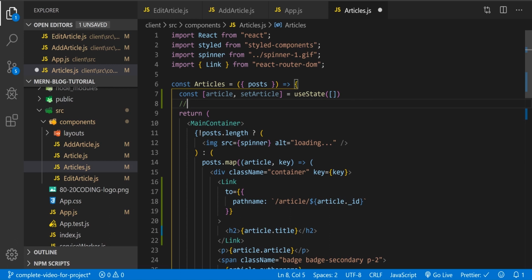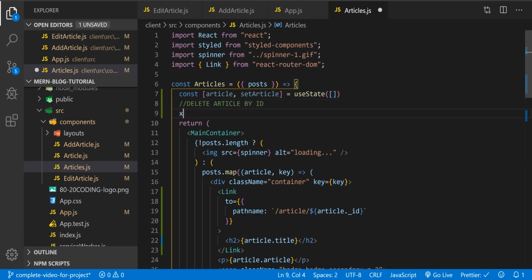I'm gonna say delete article by ID. Okay, and const, let's name it delete article, and let's give the parameter ID,